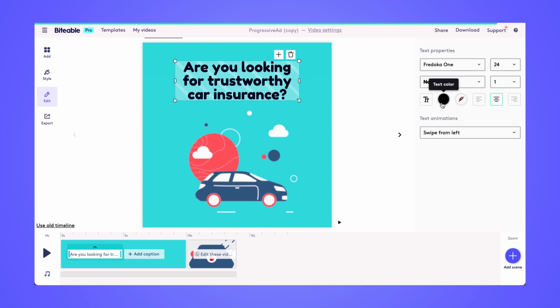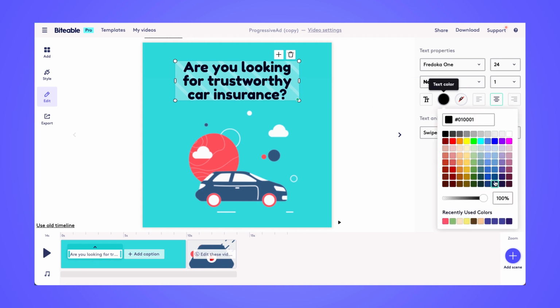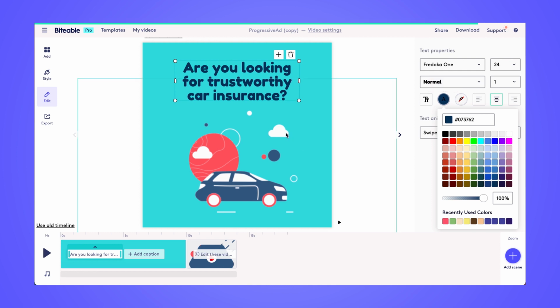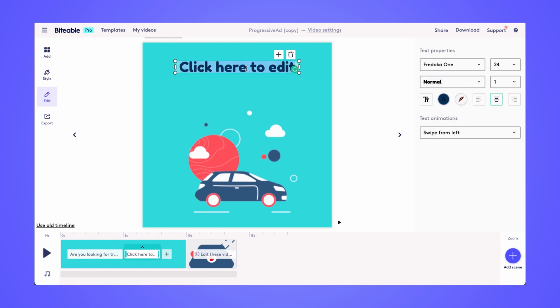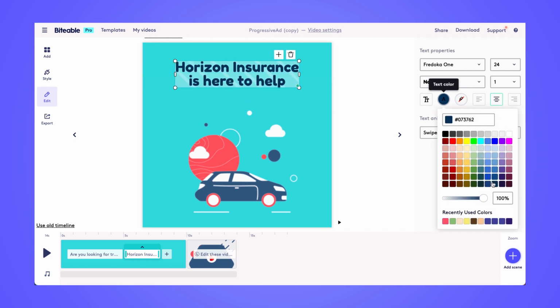And then I can change the color of this text on the right-hand side here. Perfect. Now I'm going to jump over and add a second caption. And we can make sure that's the same color using that same color palette here. Just going to extend the length of that caption a little bit.